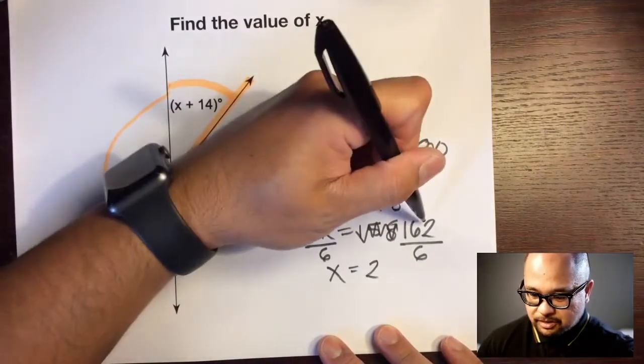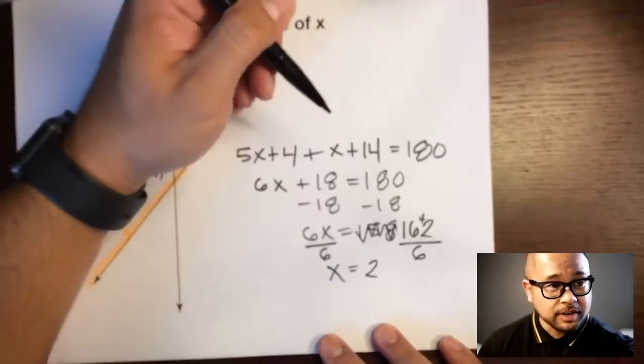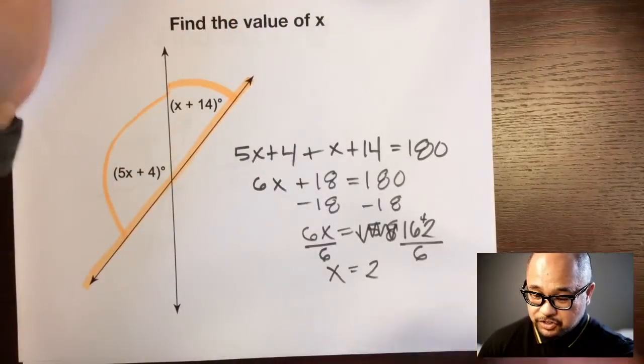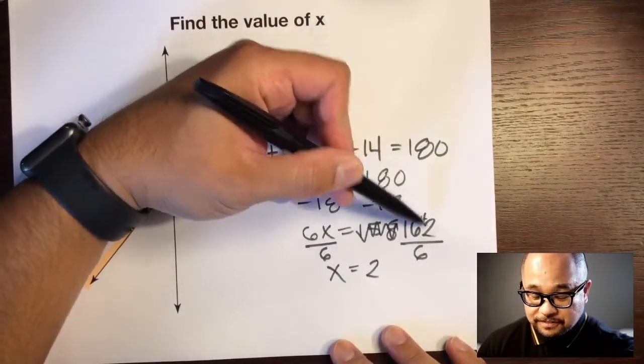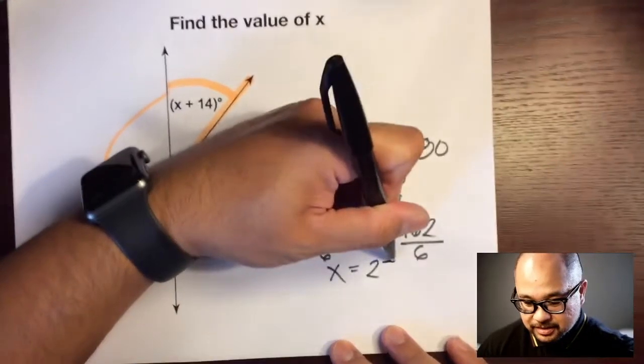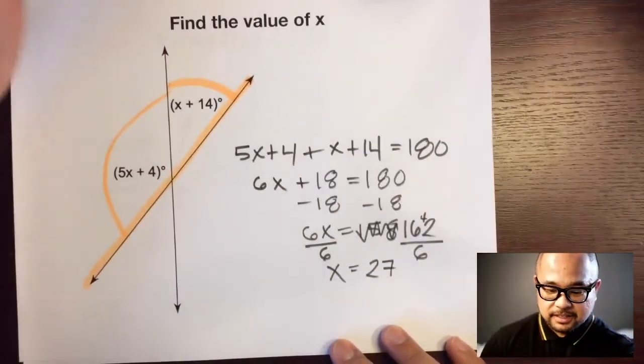And what is that remainder? 4. So I'm going to put a little 4 right here for the short division. So how many times does 6 go into 42? That is 7. So x equals